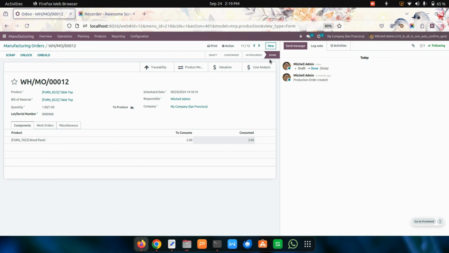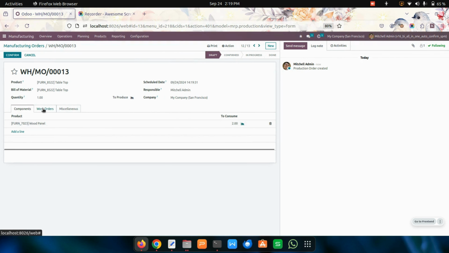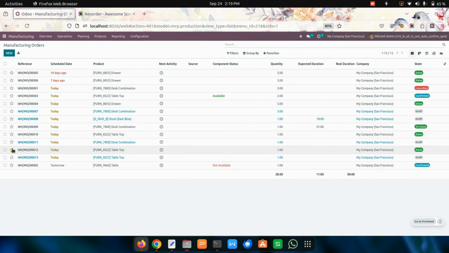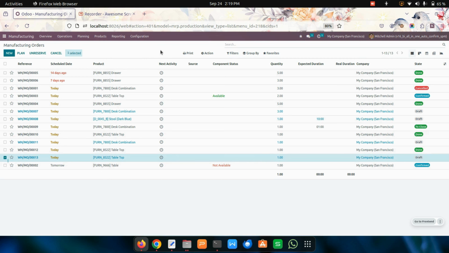Here you can see it will automatically change the state to done, and if you have added work orders, it will process the work orders as well. Now let's check by using the work order. For the same, I'm adding a work order over here. Okay, now let's save this one. And for the 13 one, we need to process. So here I'm selecting this, and under the Action, let's do